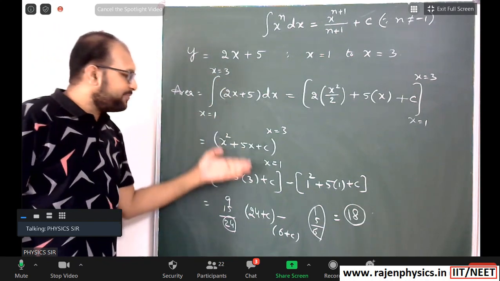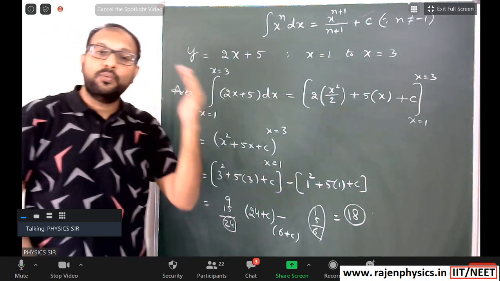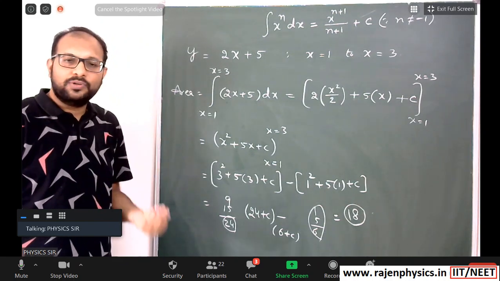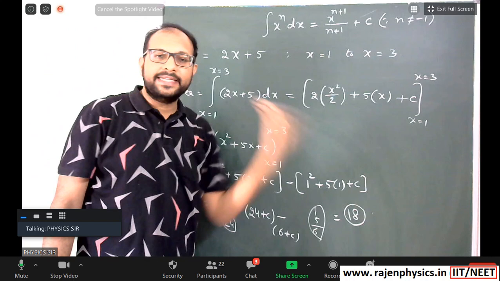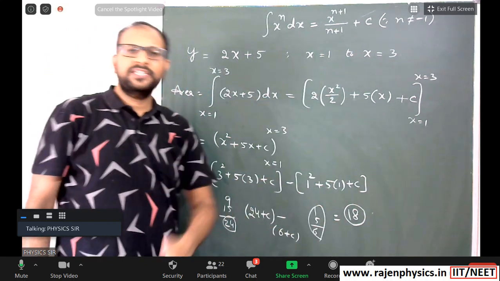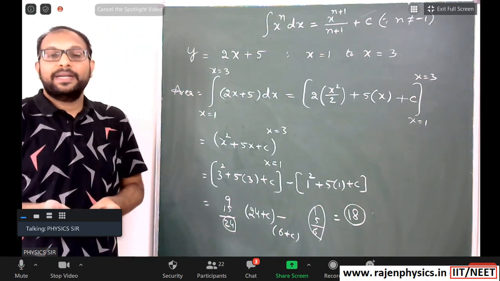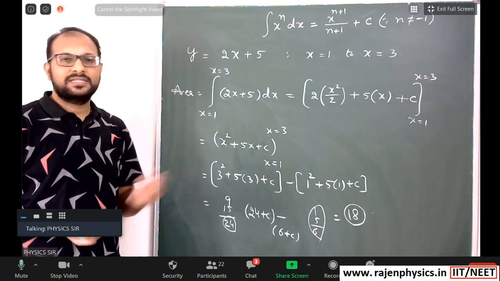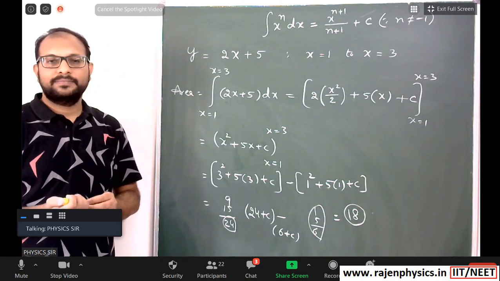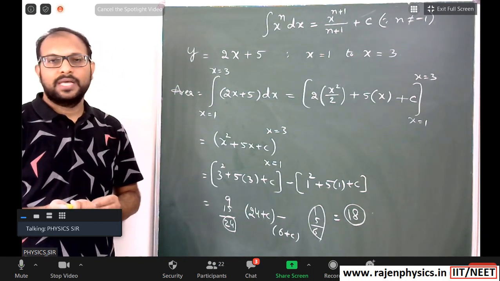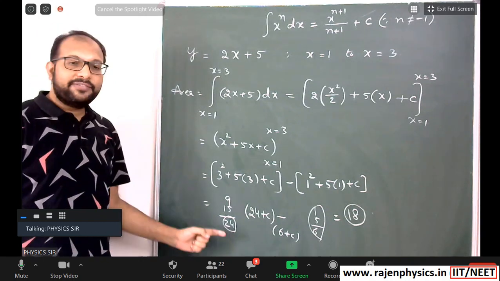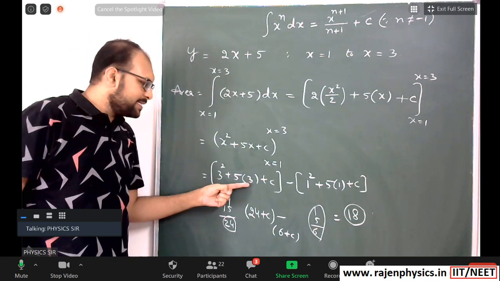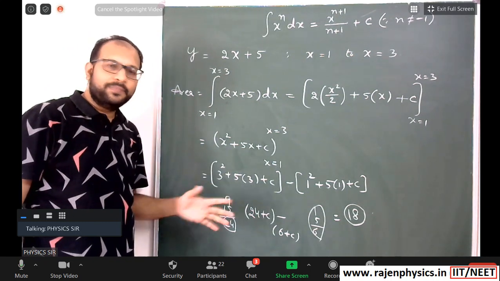So this is a definite integration, meaning from what value to what value. In a definite integration, even if some students do not write this c, the final answer has no change. But in indefinite integration we don't know the limits, that's why you need to mention one constant. Anything that is constant, maybe plus or minus also. So this is definite integration. Up to here, all students, this step is very simple.